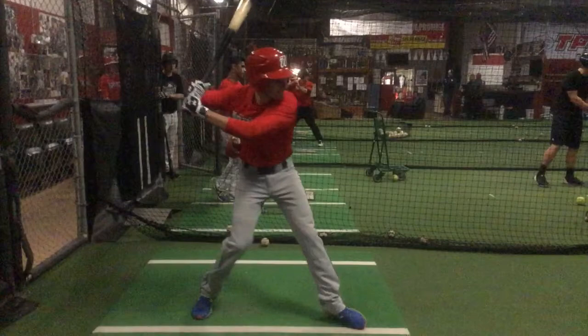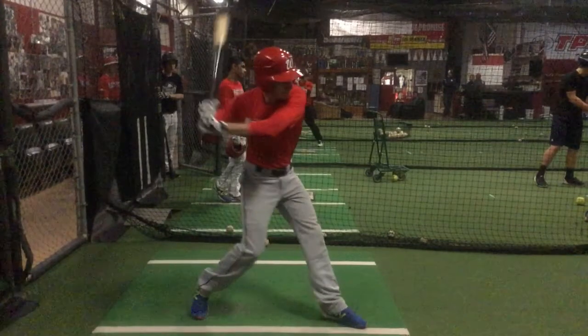So this is a good position actually, dude. You're good, your elbow's behind you, your hands are good, your barrel angle's good. You have a lot of good things going on here. I really like that position right there. But what happens is,